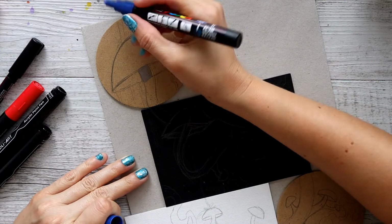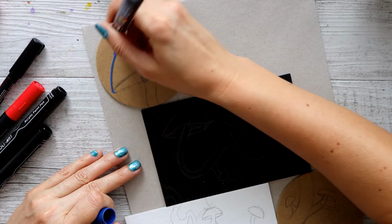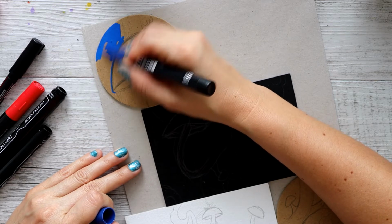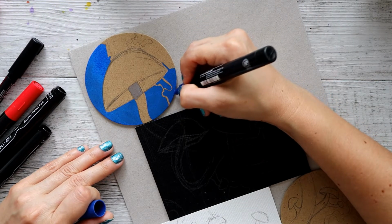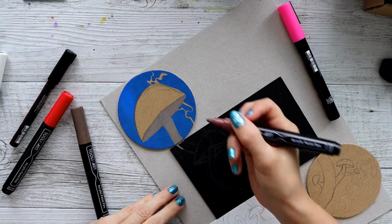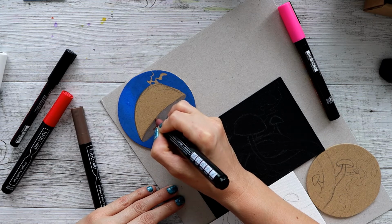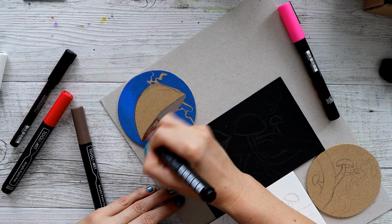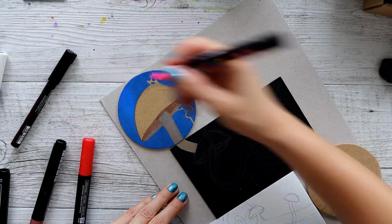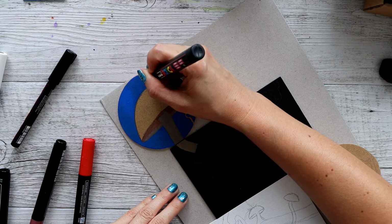I'm going to do the background first before I do anything. So we'll do a bright blue background. Color in the stems. We'll do a bit of shading under here with this one. Do the pink. Do the pink here first. There's a bit of